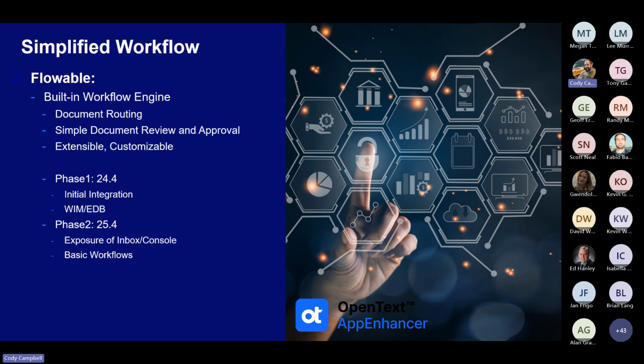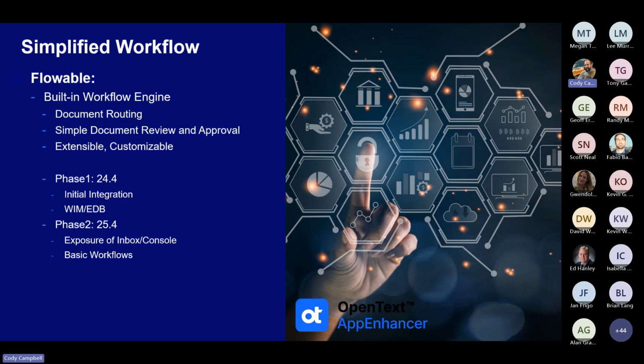That's the goal there. We have done the phase 1 integration already, and that's what you might not have seen, but it's there. It's the initial integration with the WIM and the EDB and the ability to read events and push them into the workflows there. But there's no UI to back that up. You'd have to go to the Flowable UI. And in this case, we're embedding Flowable into our application, so we kind of have to build our own UI.